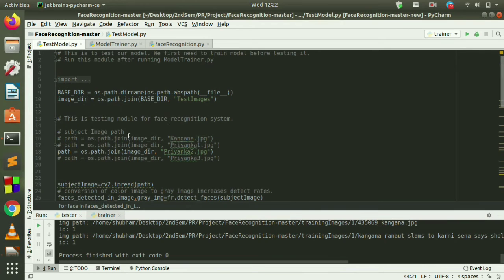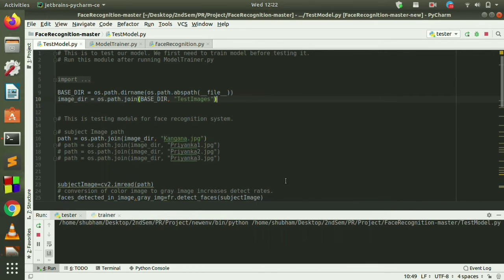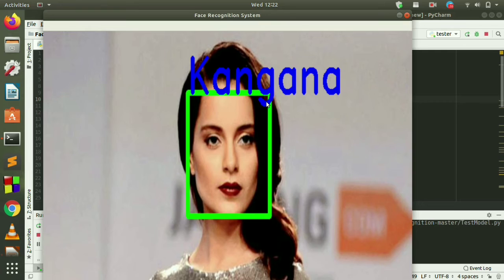Here I've passed in the image of Kangna as input, and let's see if the model is able to recognize the face correctly. So yeah, it has even detected the face and then recognized the face correctly.